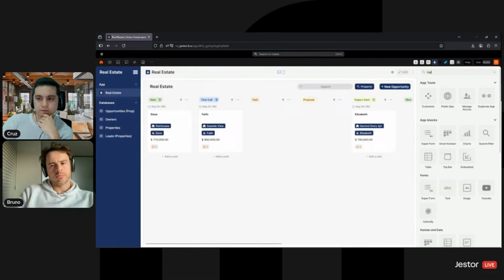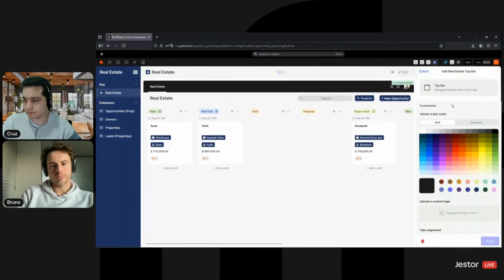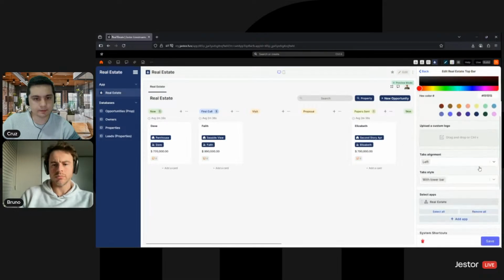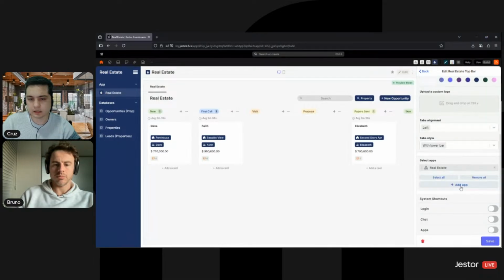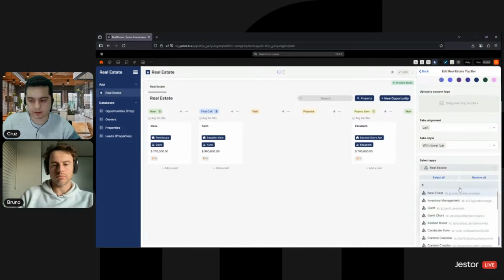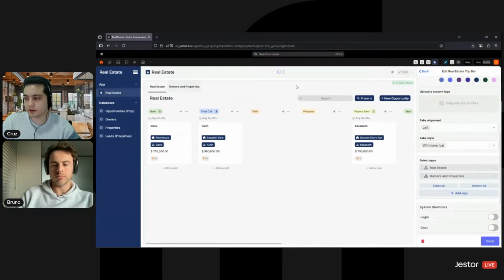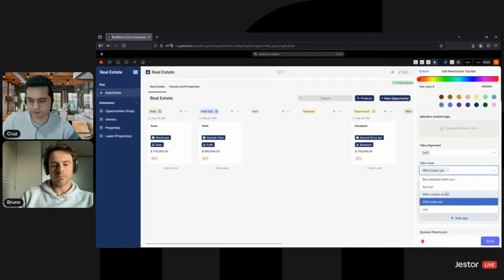I'm going to create a top bar. I'm going to make it the same color as the background. I'm going to remove these shortcuts here. I think it looks a little bit cleaner. And now I'm going to add that table of owners and properties. And one thing that I can do is change the appearance of this. So instead of lower bar, which is this one that you're seeing, I'm going to add custom icons. And now I can edit this